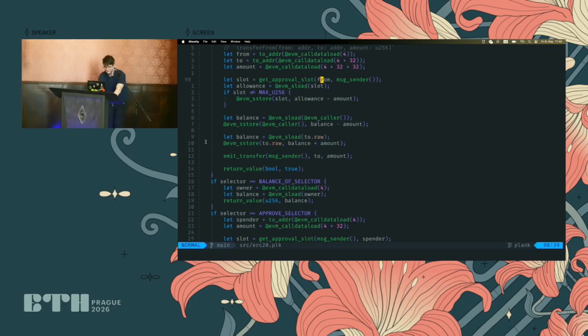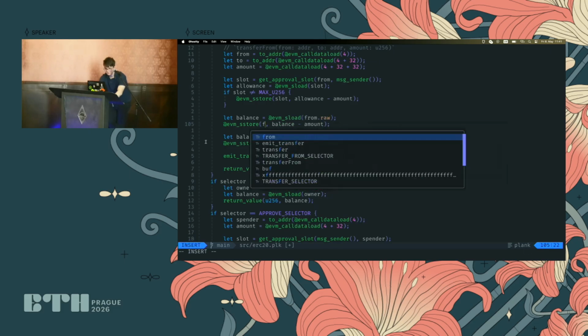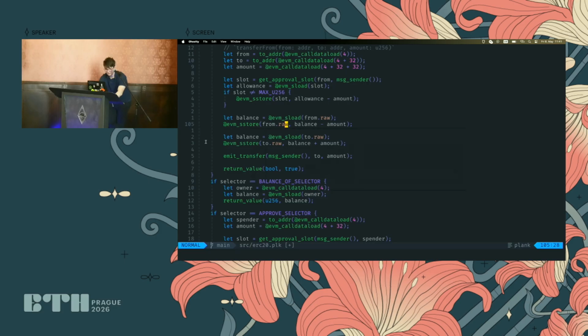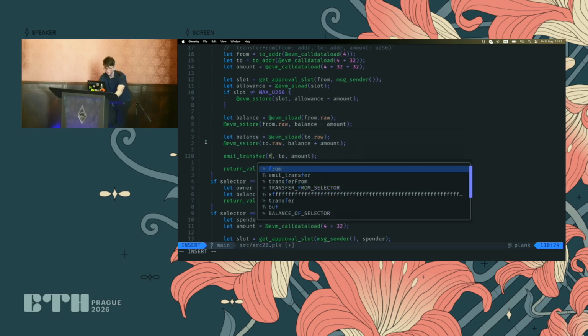So now that we have that, we can do the normal transfer. So we have the balance of the from, which is just from raw, and then we update from raw, and then otherwise the balance of the recipient to raw, and then we just do from, to.